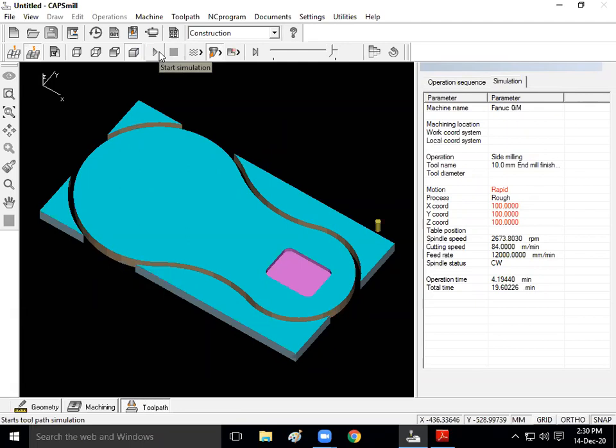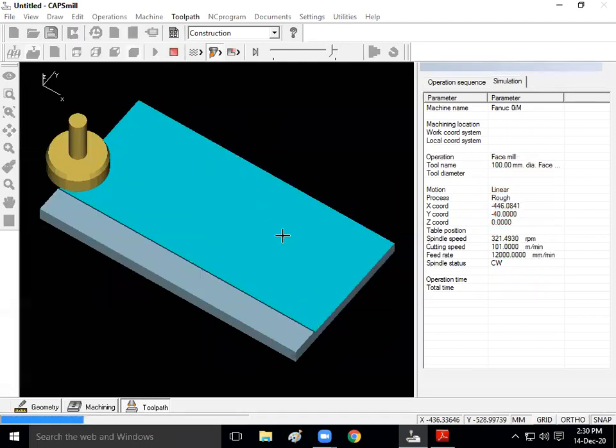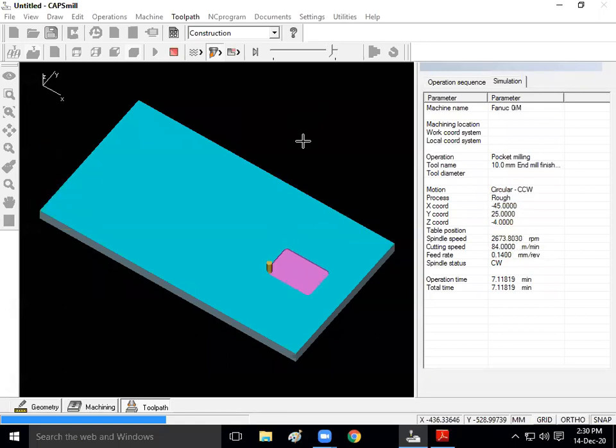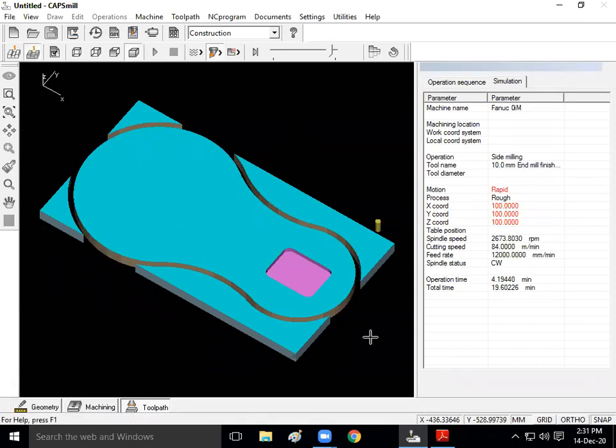If I run the simulation once again, this is the face milling, which has removed a thickness of 5 mm, and this one is the pocket milling. Pocket milling is done, and the last one is side milling.